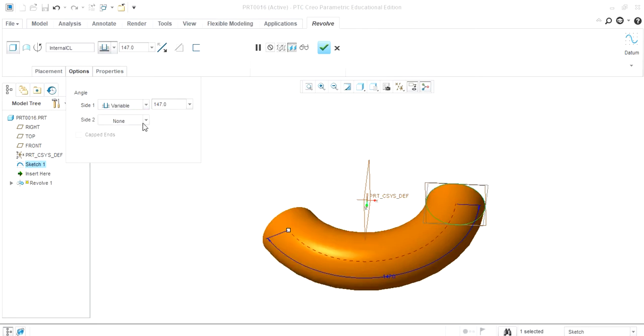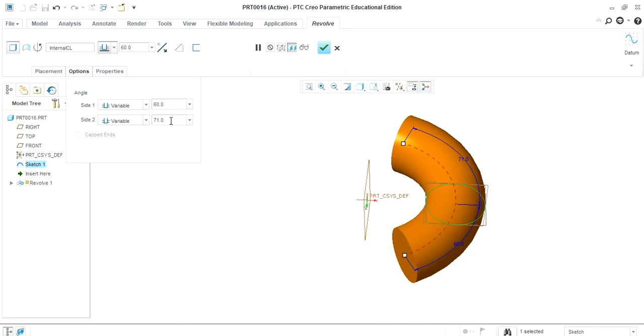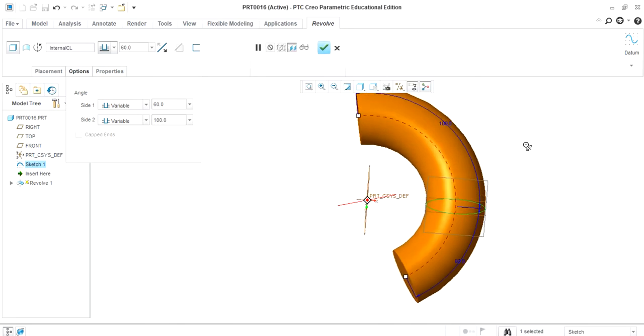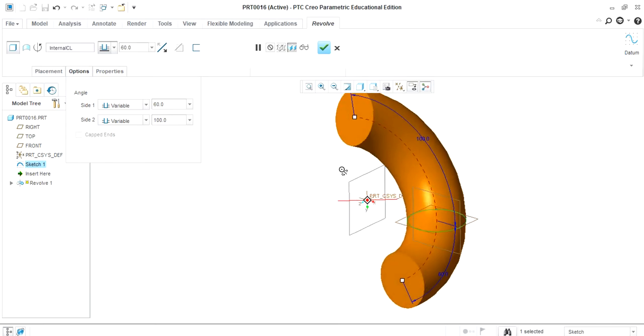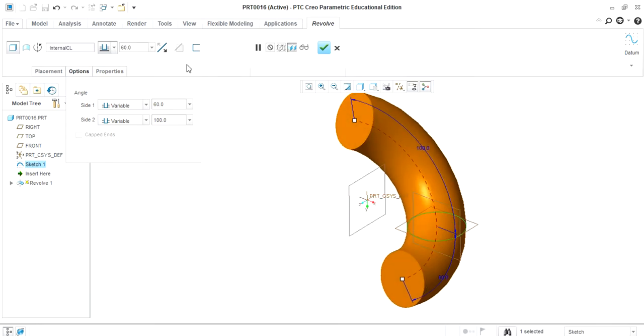Next, suppose we want the variable revolve command along the plane. So this is the second case, in which suppose in the first case we want a 60 degree revolve, and in the second case suppose we want a 100 degree revolve. So here you can see variable revolve 100 as well as 60. So these are the two different planes' variable commands we can place here with the help of the revolve command. Second is,